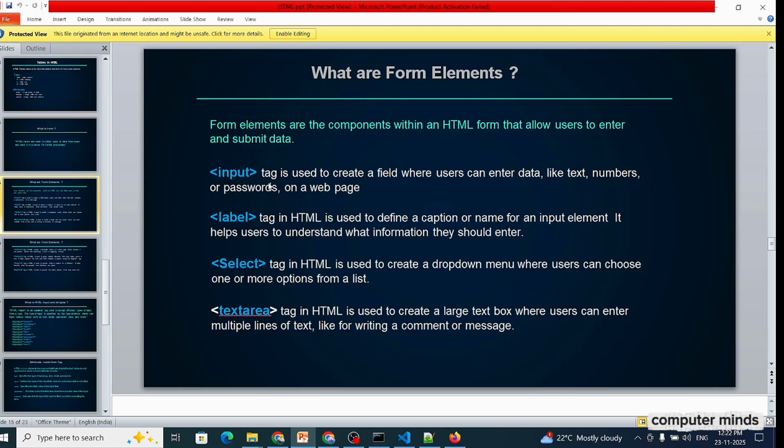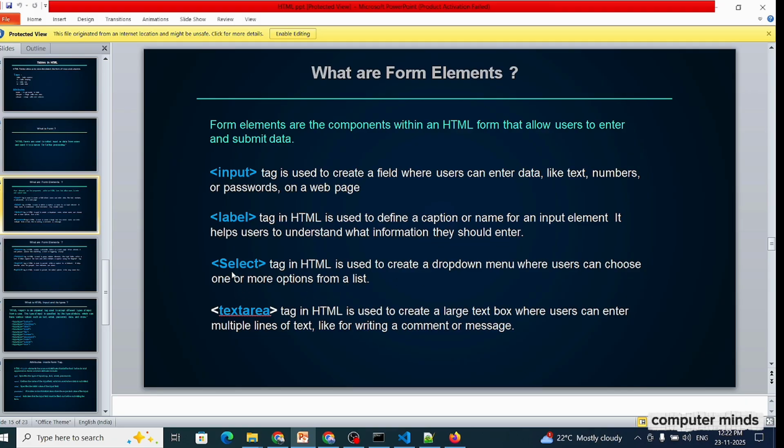The input tag is used to create a field where the user can enter data like text, number or password on a web page. The label tag in HTML is used to define a caption or name for the input element, to help the user understand what information they should enter.